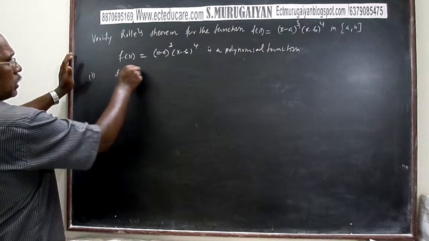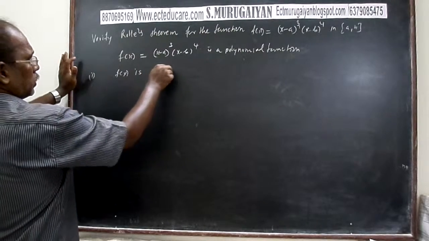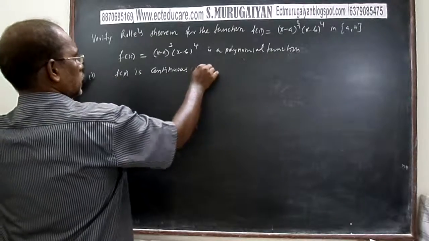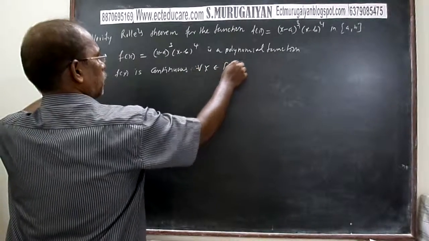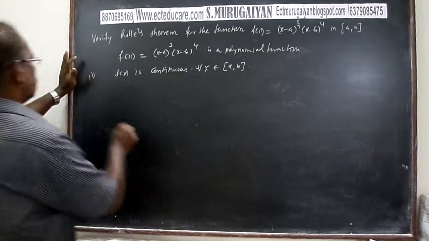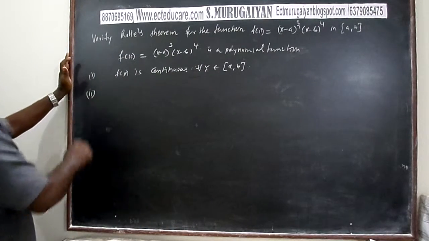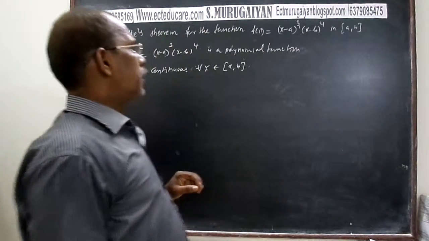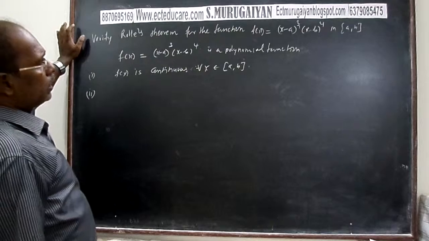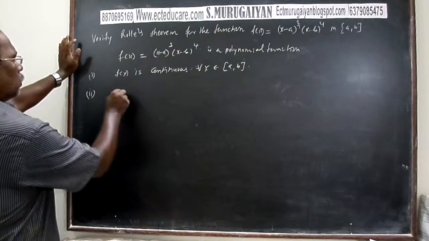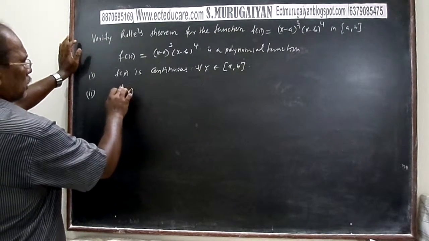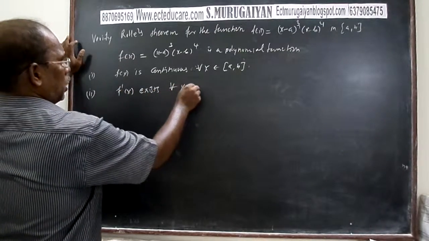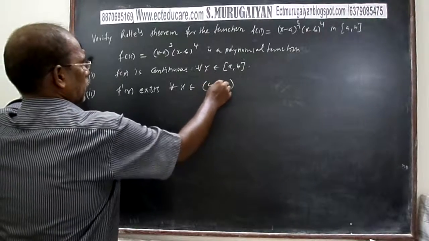f of x is continuous for all x belongs to the closed interval a comma b. And every continuous polynomial function is differentiable in its corresponding open interval. So f dash of x exists for all x belongs to the open interval a comma b,